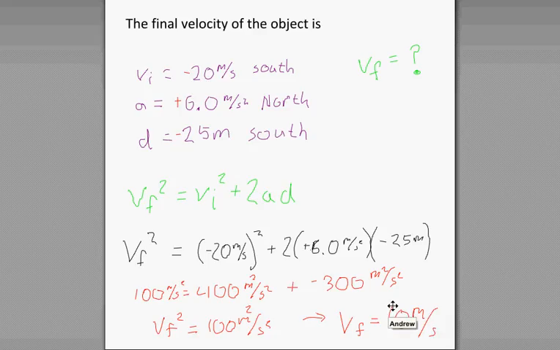Now, here's the thing though. This number could be positive or negative. So it's kind of an annoying problem to have. Remember guys, when you take the square root of a number, that number could be positive or negative. So in this case, this is going to be our final answer. A little ambiguous. This thing could be going 10 meters per second north or 10 meters per second south. It's kind of a pretty annoying problem, but make sure guys,